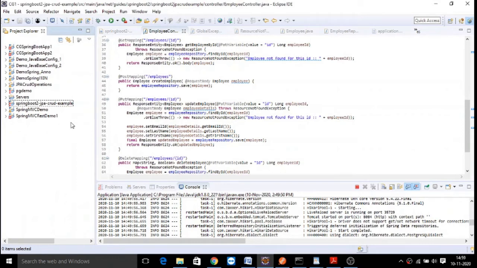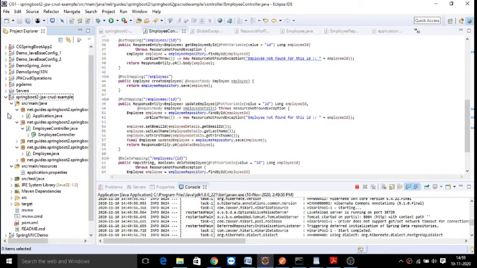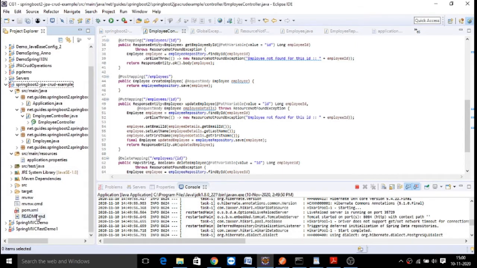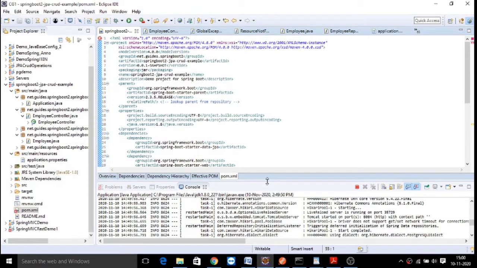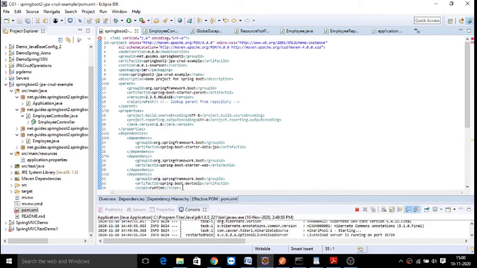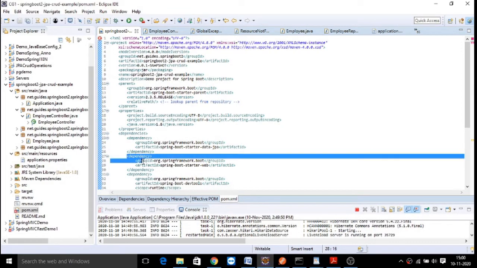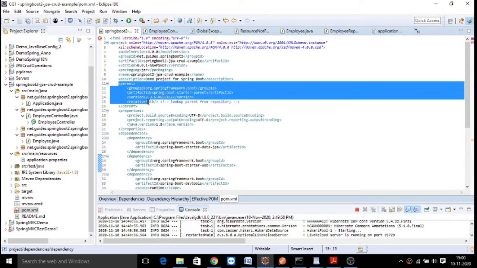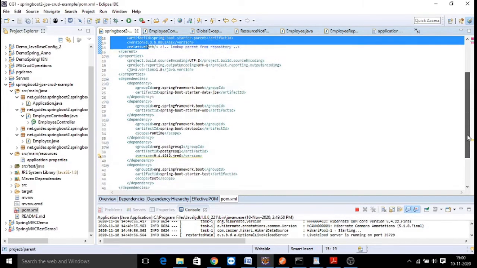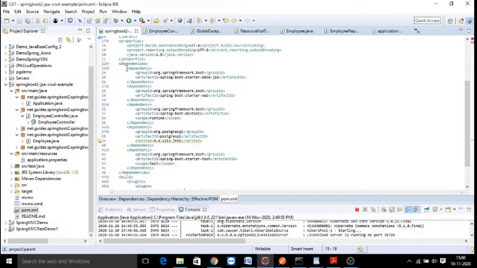So the next application is we are going to integrate Spring Boot data with the Postgres backend, right? So here the very first thing is you need to check the required dependencies. So far in Spring Boot applications, we are starting with the Spring Boot starter web and the Spring Boot starter parent, right? Apart from that, the new dependency we need to connect with the database is called Spring